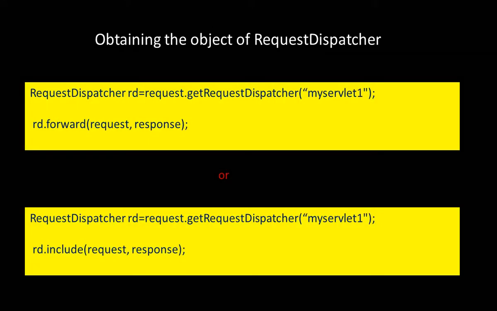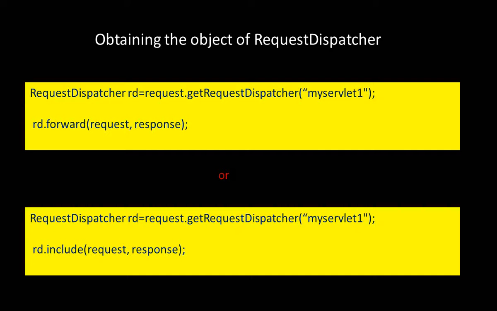Now, how do we obtain the object of RequestDispatcher? As you know, we can either use the forward method, or we can use the include method. In the first case, you can see I am getting an object of RequestDispatcher by writing RequestDispatcher rd. Now this rd is just a name which could be anything. RequestDispatcher is an interface. rd is equal to, how do we get its object? By writing